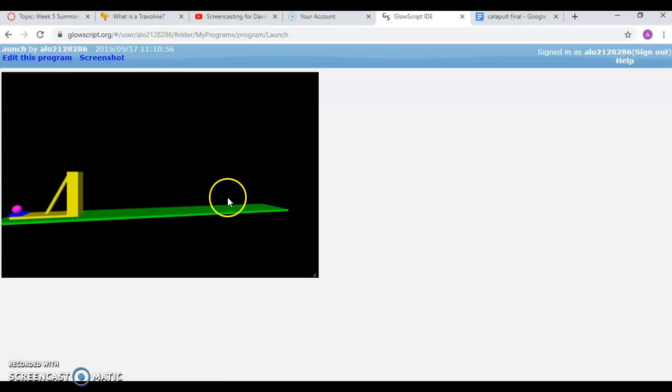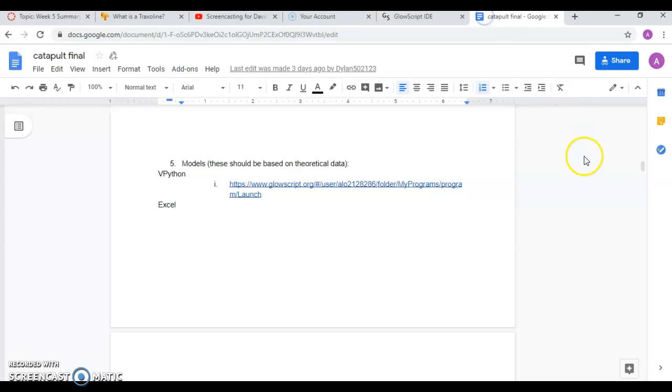And when I ran it, this is what it looked like afterwards. I was pretty satisfied with how this came out, for it being my first time working with GlowScript. I didn't really know too much about it. Like I said, I just had to follow the tutorials. Going back,